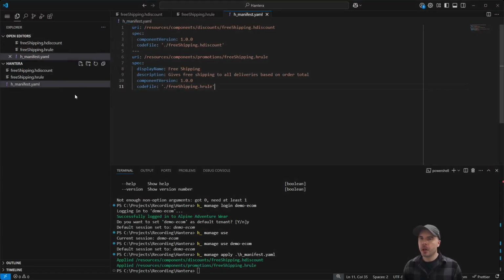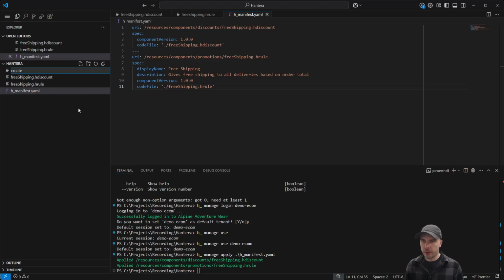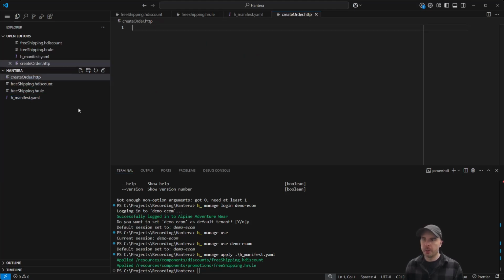For this, I would create a new file here, and we call it create order.http. And we're just going to create this order over the public REST API, if you will, using the REST client in VS Code. So one way we would do this is, essentially, give me a sec here. Okay, so